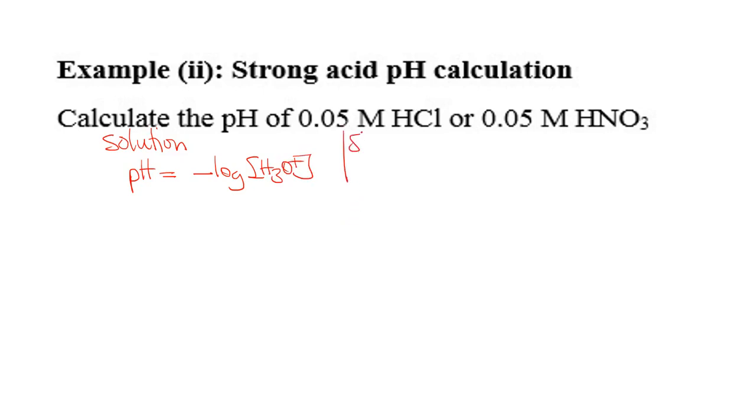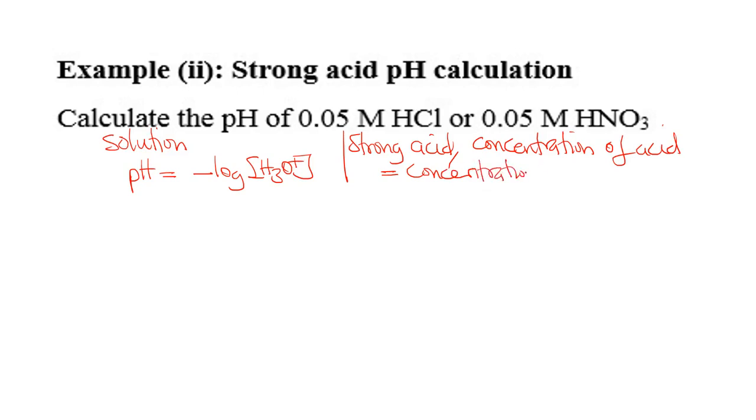So when you have a strong acid, the concentration of the acid is equal to the concentration of the hydronium ion. So what we do in this case, we just take pH as negative log the concentration